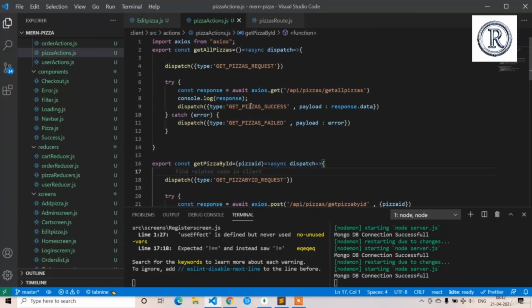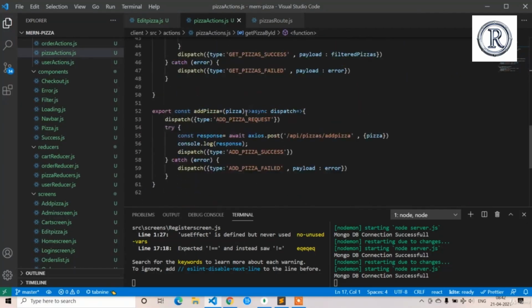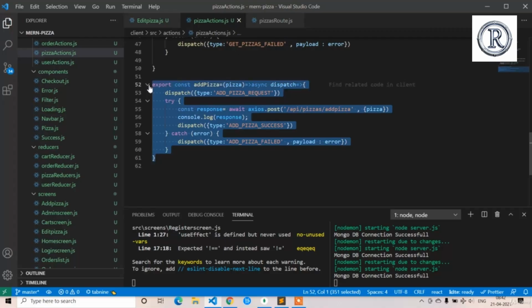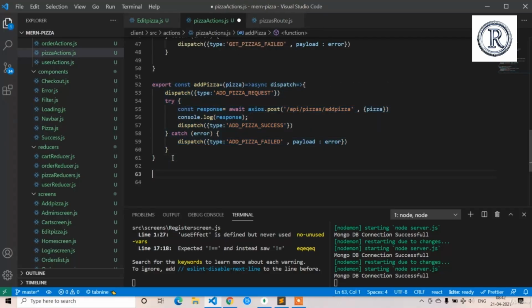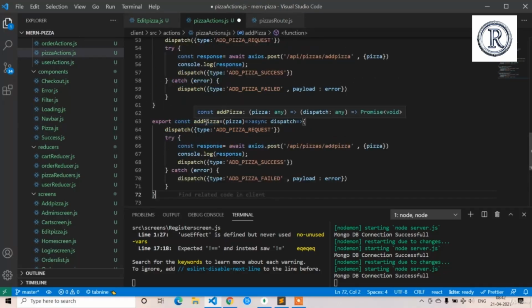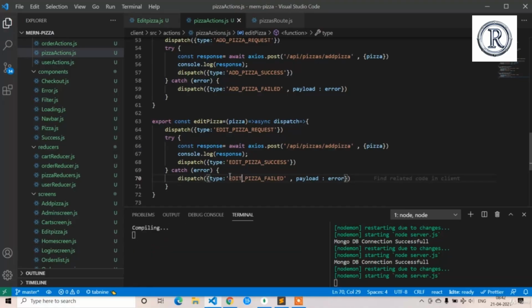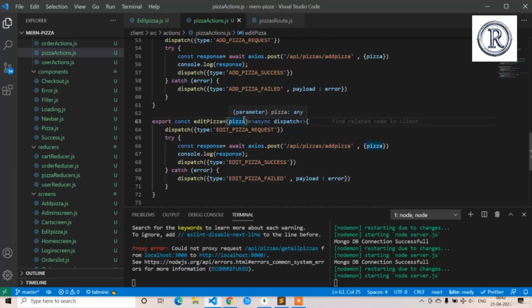So already we are having the add pizza, I think so. So this is add pizza. So copy it and paste it here. So instead of add, we need to write update or edit. So here I am going to write edit only, edit pizza. So instead of add, you just need to write edit in the reducer names also. Edit, here also edit, here also edit, Control S, and here we are going to receive the updated pizza as our parameter,